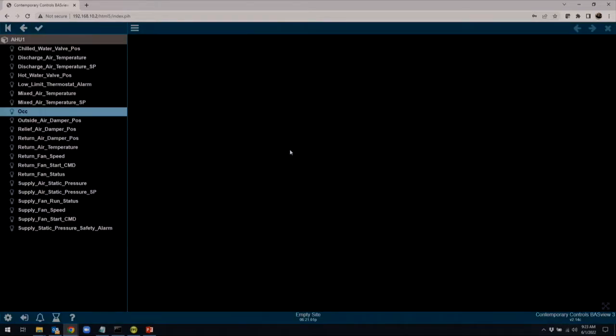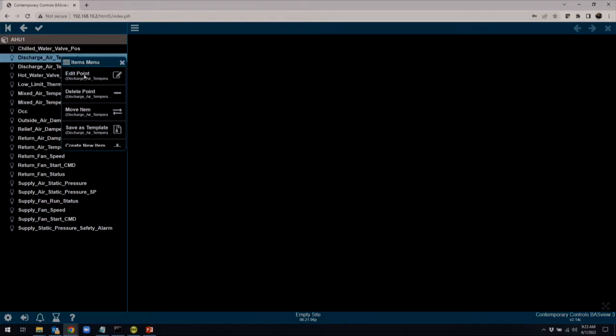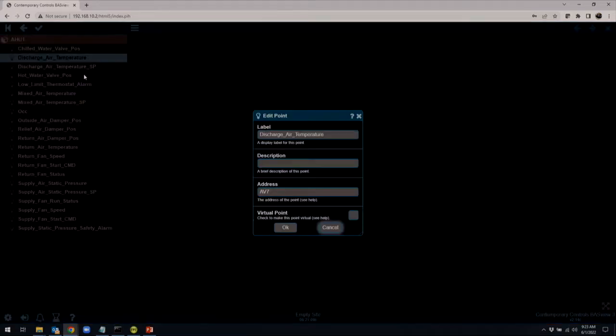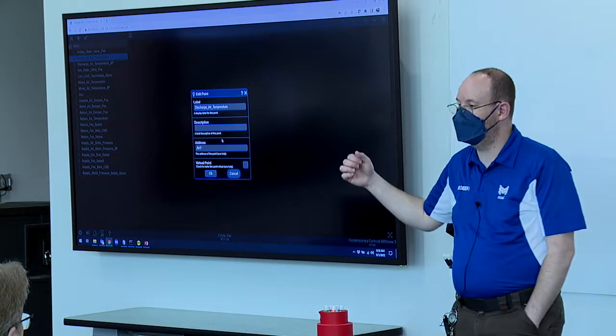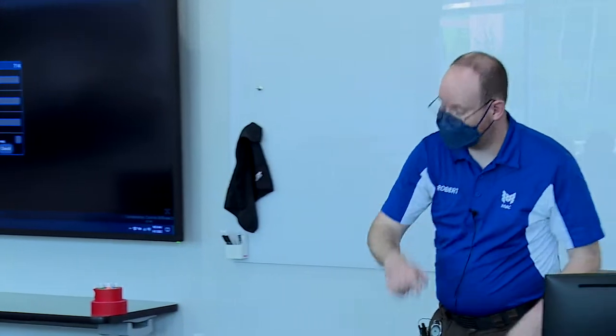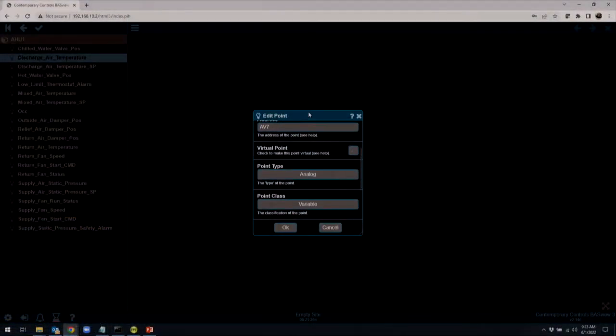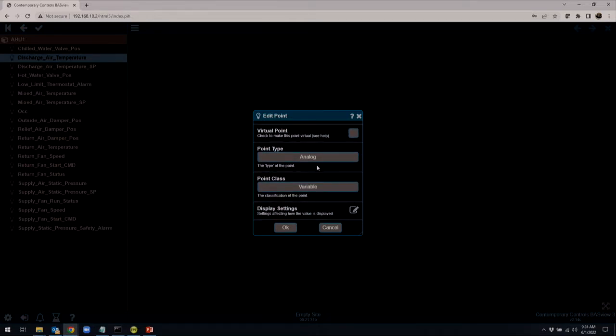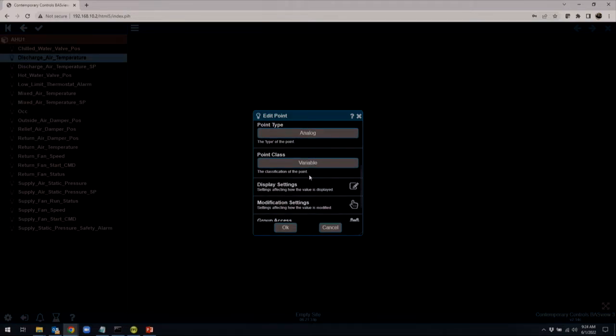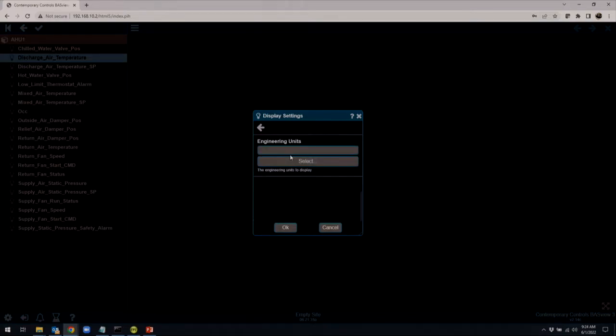Okay? And I should clarify, if we were to look at our discharge air temperature, I'm going to come in and edit this one as well. So this is a point that is in the controller. We can see it's at address analog value 7, AV7. I'm sorry, I said 11. Should have said 7. But I'm going to scroll down here. I'm not going to change my point type or anything like that. But if I come in here to my display settings,